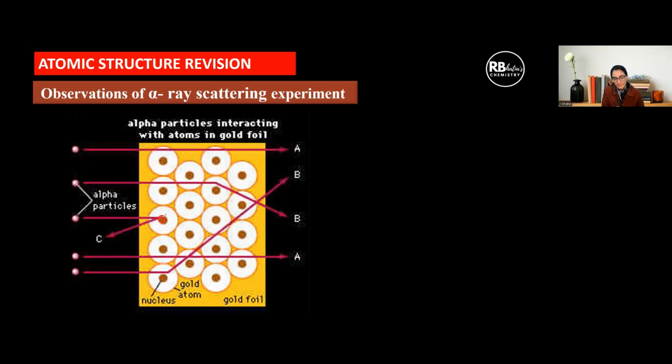If they hit directly on this positive nucleus, then the deflection is very large. They're almost retracing their path. And in case they pass through the empty space, they pass unaffected. And if they are passing closer, they get deflected by certain angles. So all these observations were put together,